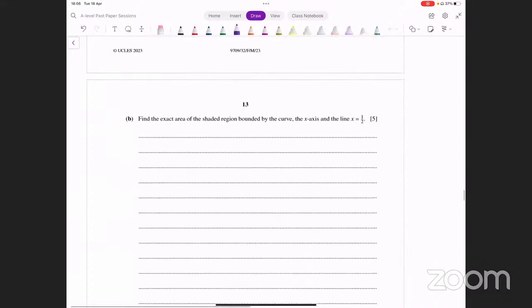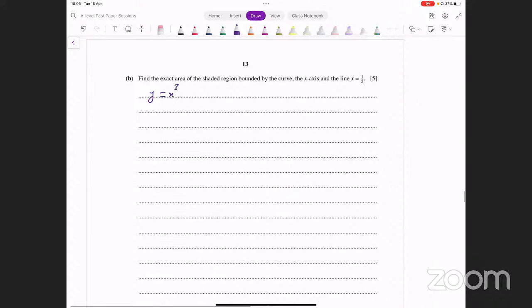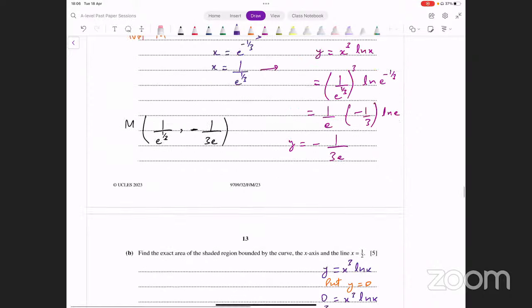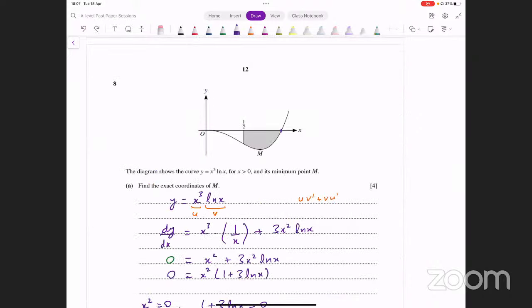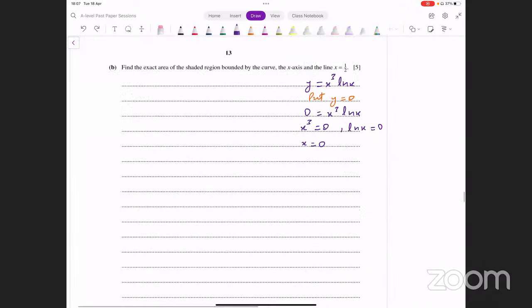तो पहले तो वो लिमिट फाइंड कर लेते हैं। y equals x cube into ln x, this is what the function was। What we do is we put y equal to 0। y equal to 0 input करेंगे तो हमें क्या मिलेगा, 0 equals x cube into ln x, that gives us either x cube equals 0 or ln x equals 0। First क्या है, x equals 0 वो तो हमें पता है ऑलरेडी, एक x इंटरसेप्ट, दूसरा x इंटरसेप्ट क्या हो जाएगा, ये ln की बेस e होती है, वो दूसरी साइड पे जाएगी, e raised to power 0 बन जाएगा, e raised to power 0 is 1। So x turns out to be 1 from this।